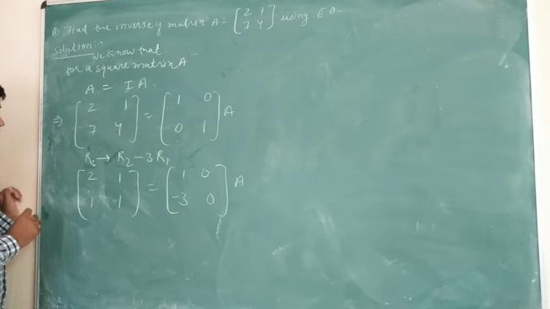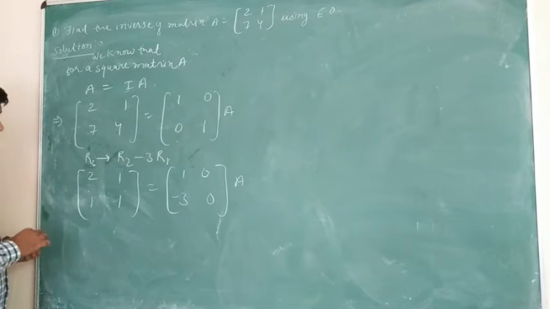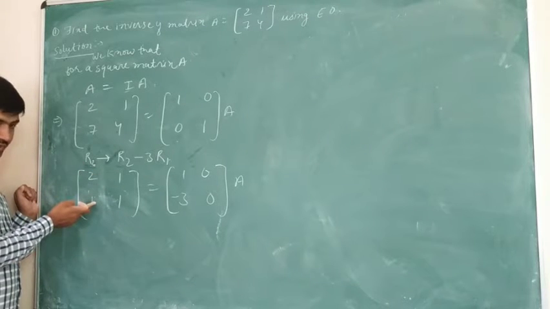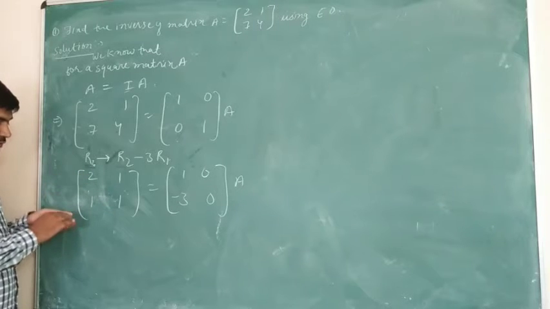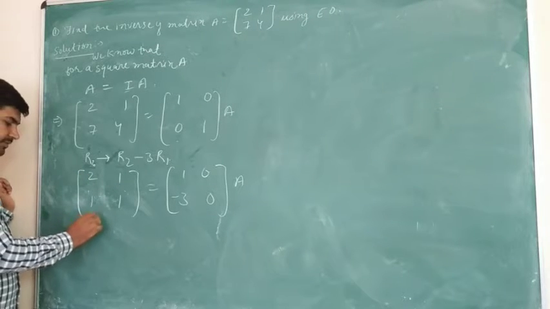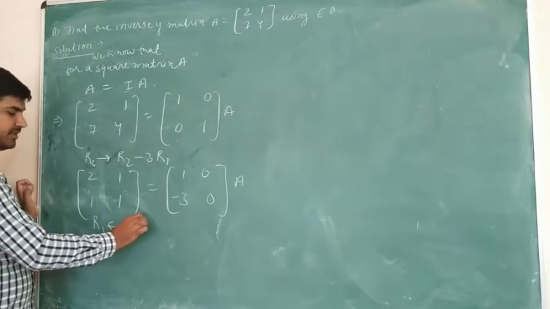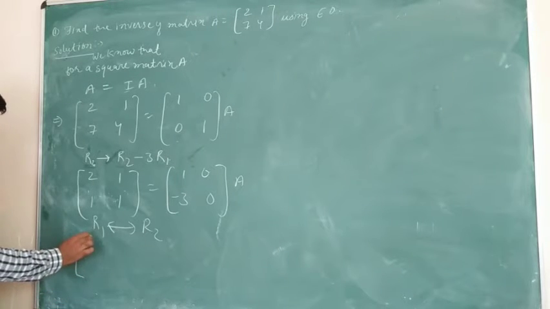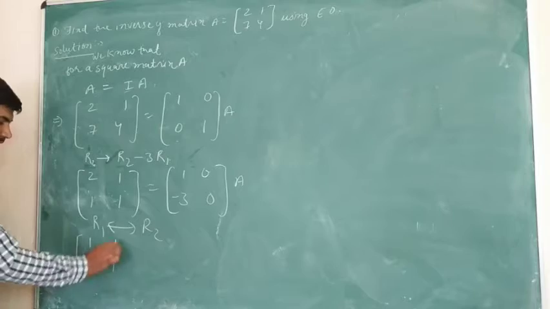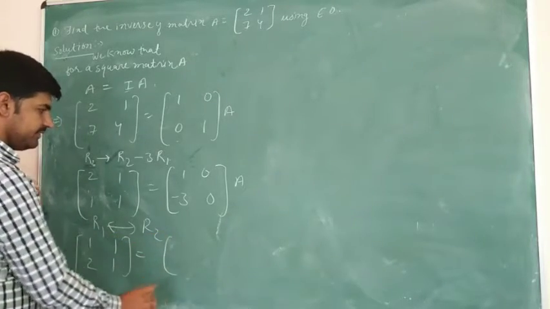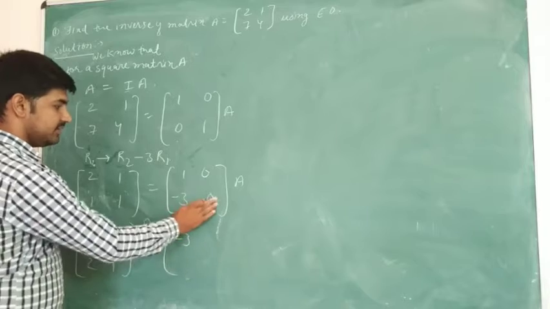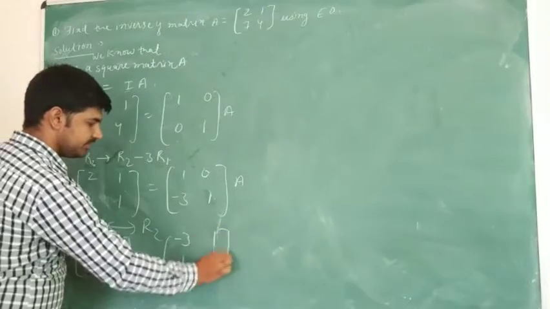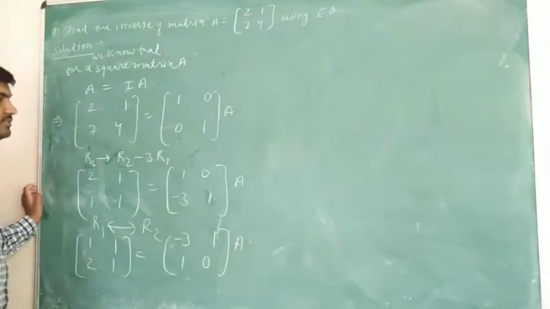Now use some more elementary operation or transformation so that it, now students, when we need 1 over here and 1 is over here, so if we interchange both of these rows, so if I am using R1 being interchanged by R2, so the result matrix is 1 1 2 1, and this side we get minus 3, it was 1 actually, minus 3 1 and 1 0 and times A is what we can write here, students.